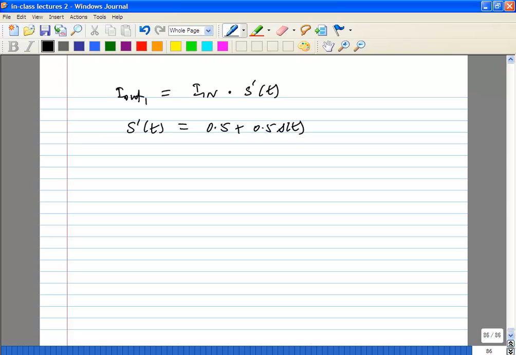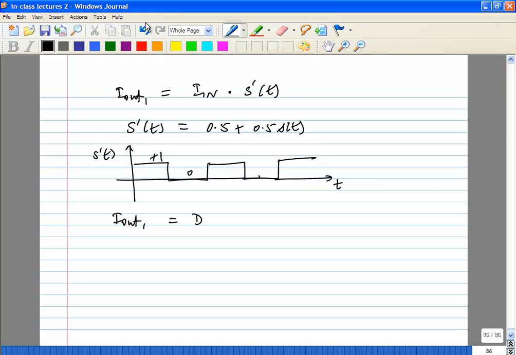You can represent it as S prime of t because it's going to switch between 0 and plus 1. Half the cycle it's going to have the current, half the cycle it has no current. IDC, IRF times